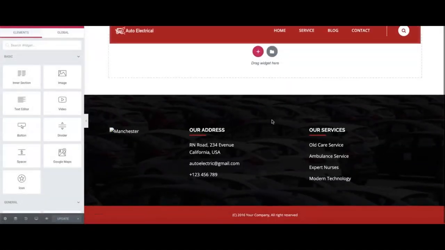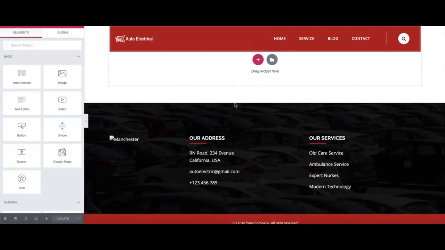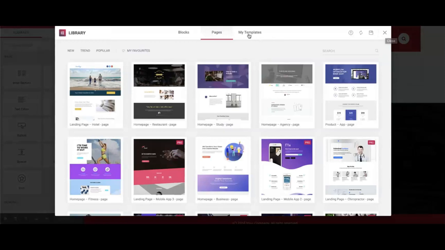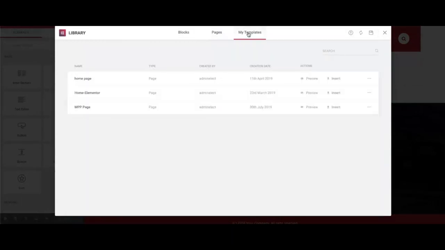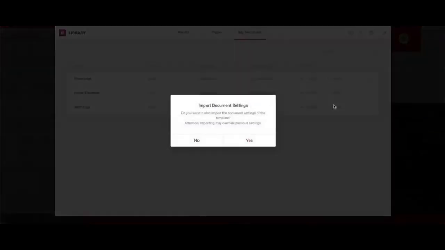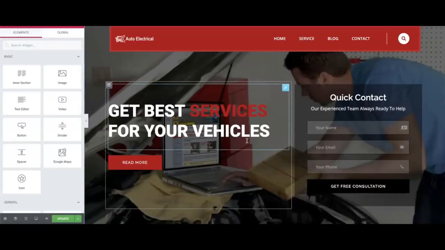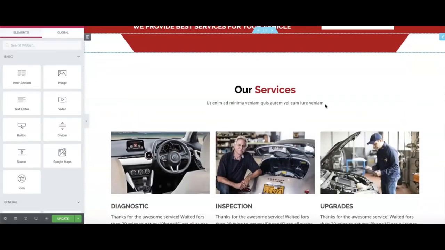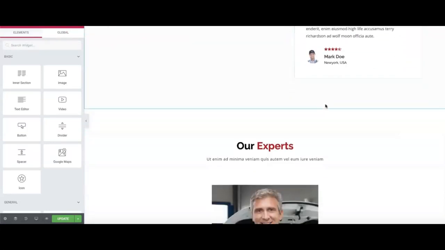As you can see, we've got an outline of a theme at the minute, which is your additional page. Next step, we click on that little tab there. I'll just show you that again, the folder. Click on the folder, click on My Templates, and I'm going to install the template for MPP page, which is Magic Page plugin page. So let's click Insert and click Yes. And look at that, now it looks exactly like the home page.